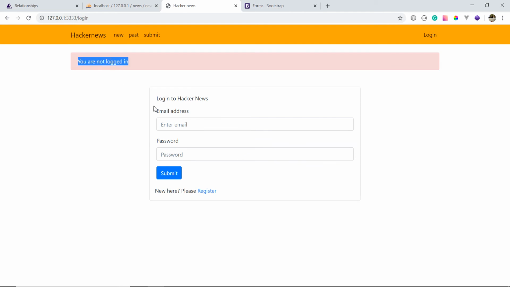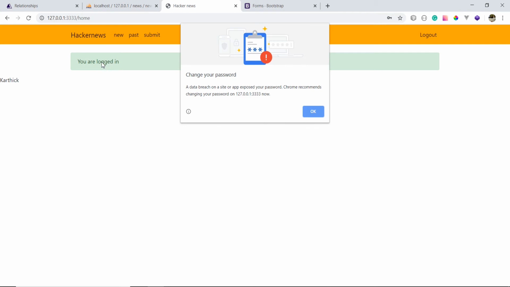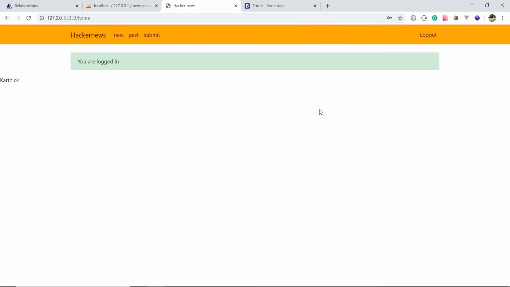Now we can log in first. This is not my email ID, so I don't even know whether this URL exists or not, just for testing. You are logged in. Cool. Now if I go to submit,